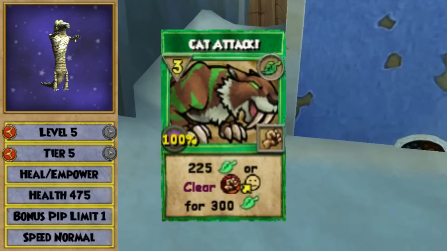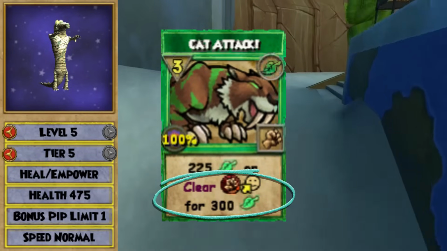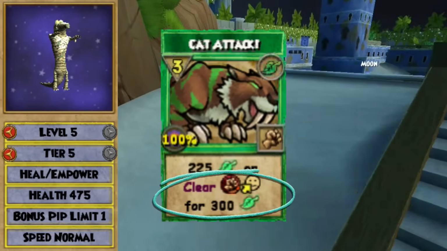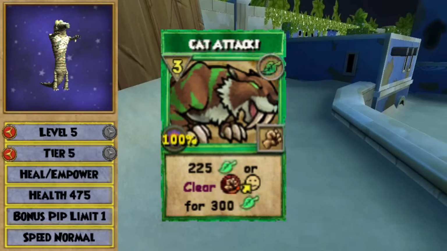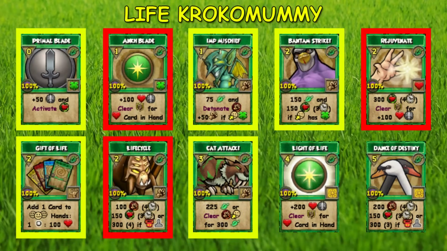Cat Attack's surprisingly solid. Normally it's a 3-pip 225 hit, but if you have a damage overtime on yourself, it'll clear it and deal a whopping 300 damage instead. This is your best hit, and it's a phenomenal way to punish anyone dumb enough to cast a damage over